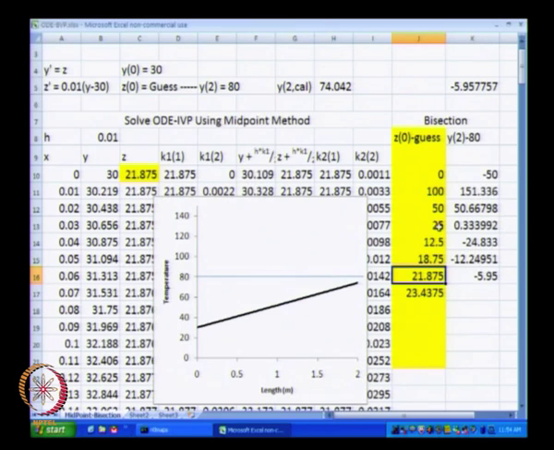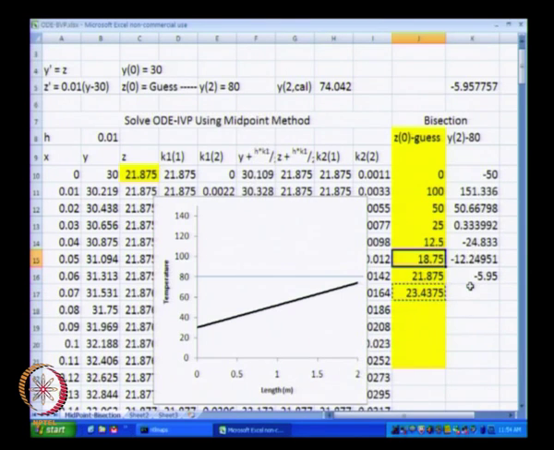I forgot to tell you that we need to predefine what our stopping criterion is going to be, and in this particular example let us use a stopping criterion that y2 minus 80 should be less than 0.1. So we are fairly close with the initial guess as 25. Let us try to get even closer to that solution. The absolute value should fall below 0.1. So